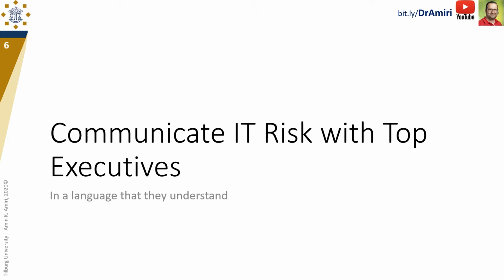That's quite important because you want the top executives to do the trade-off between cost and benefits of various actions that you can take. Otherwise, you as the IT department need to make that decision,